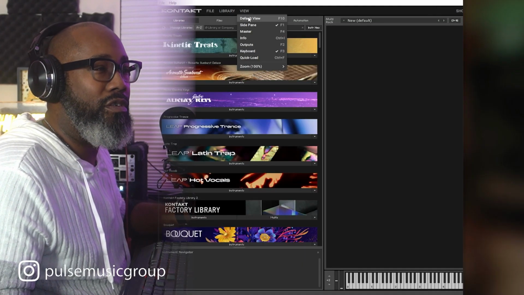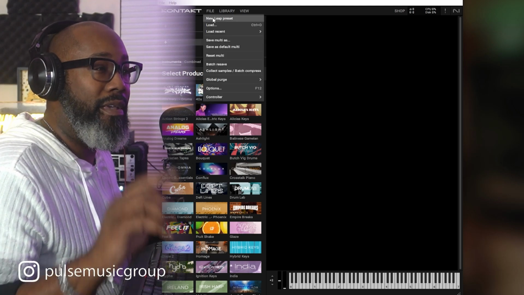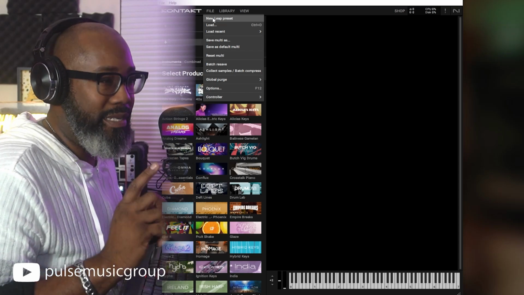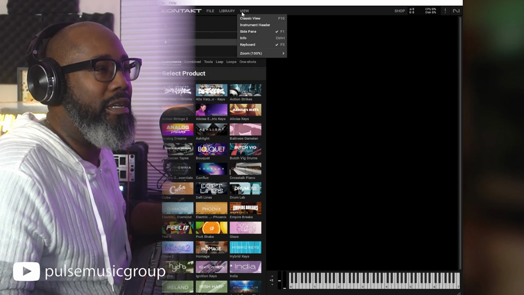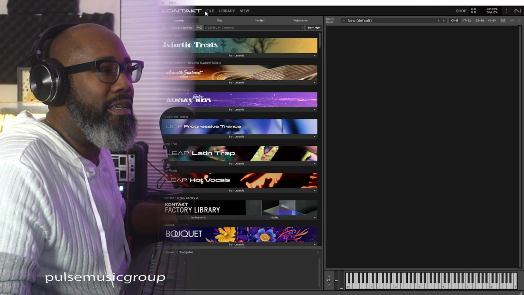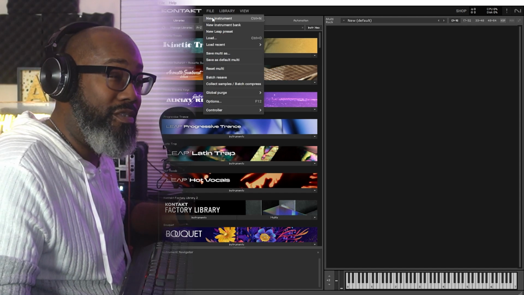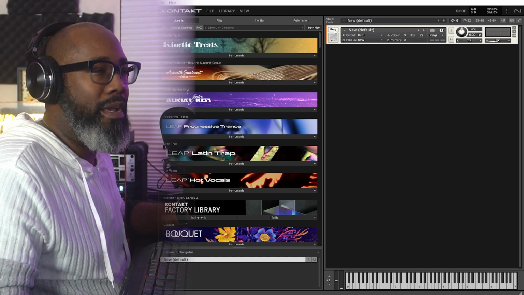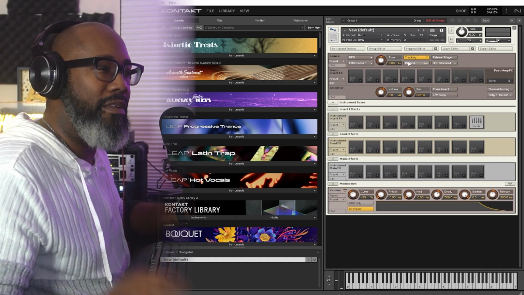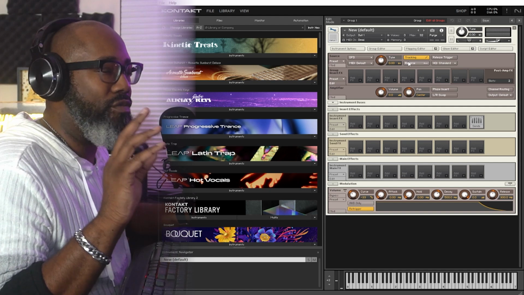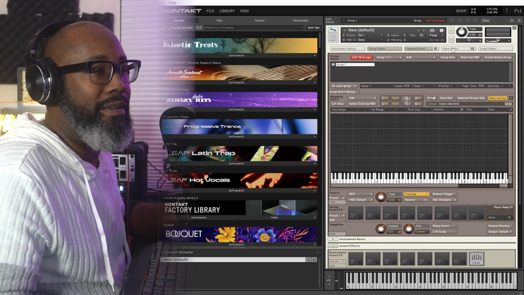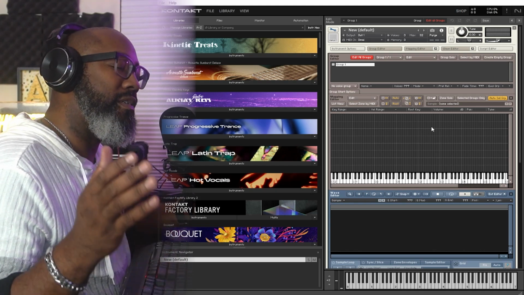Why? Because once you go to the default view and you go to file, the only thing you'll be able to do new is a new Leap preset. Now, if you want to switch, you go to classic view or hit F10. Then you go here and hit brand new instrument. So once we create our own instrument, you want to open up this little icon right here. And the first three things that you want to do is open up your group editor, your mapping editor, and your wave editor. And of course, I'm going to show you guys why that's important in a minute.